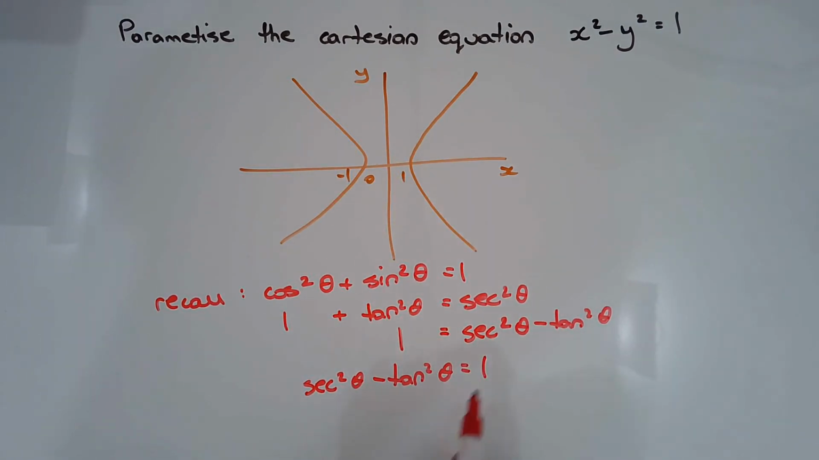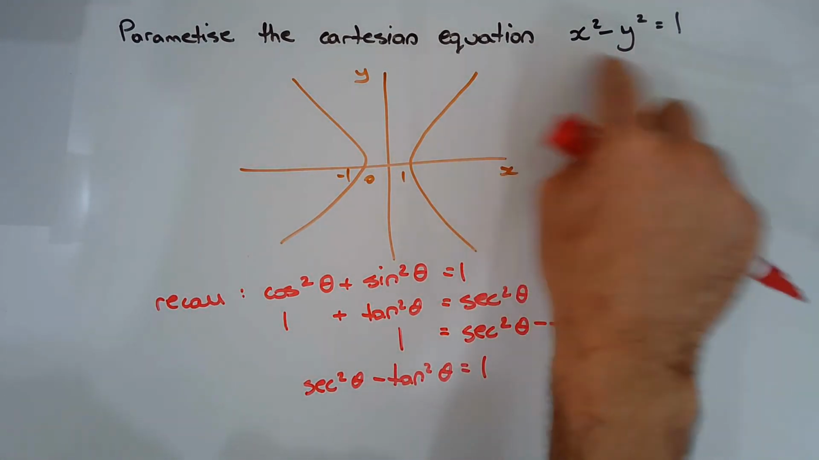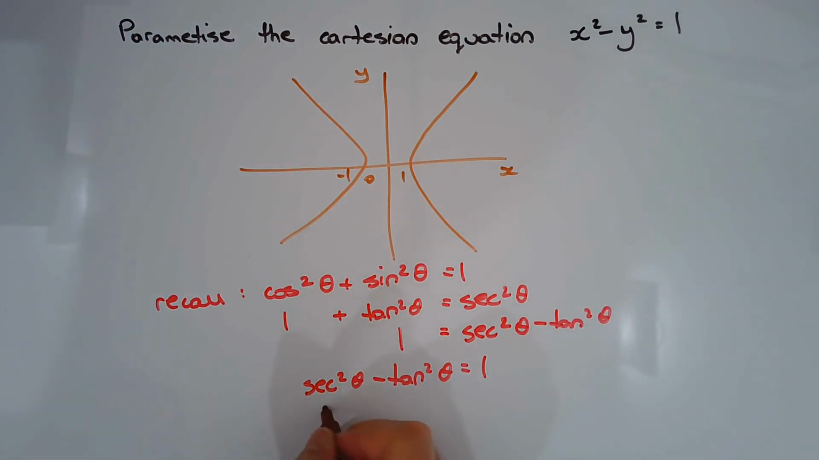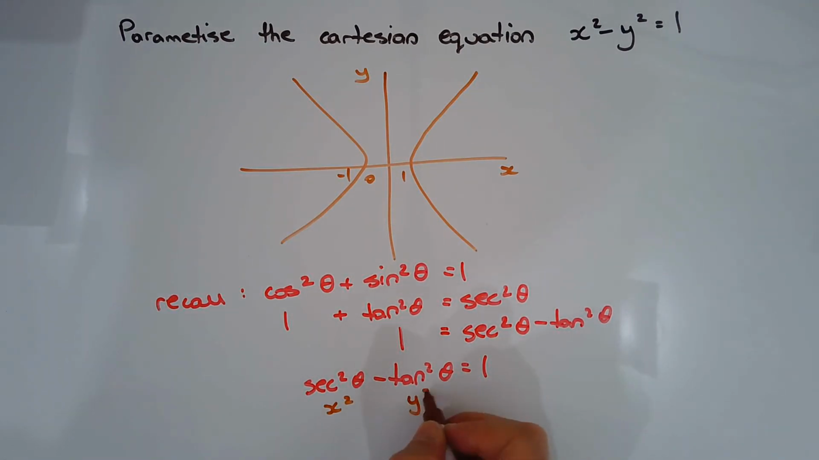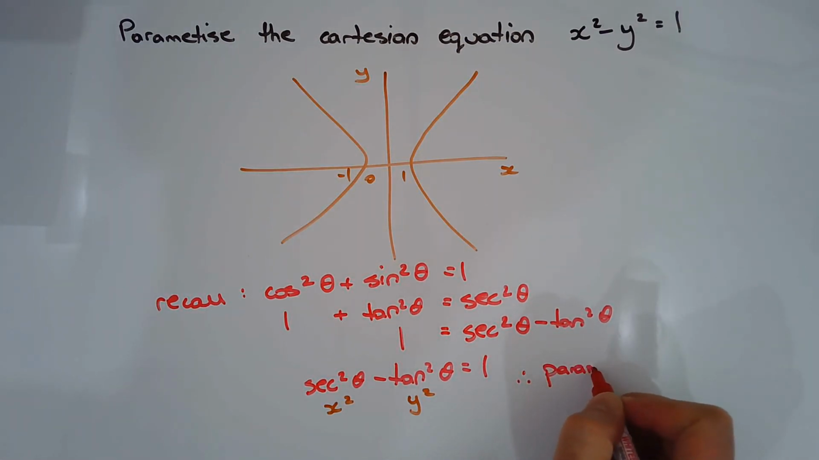equals 1. And this equation here is very similar in form to our original Cartesian equation, x squared minus y squared equals 1. I think that's very important to see. So this is in fact equivalent to our x squared. Tan squared theta is in fact equivalent to our y squared. So therefore, our parametric equations will be